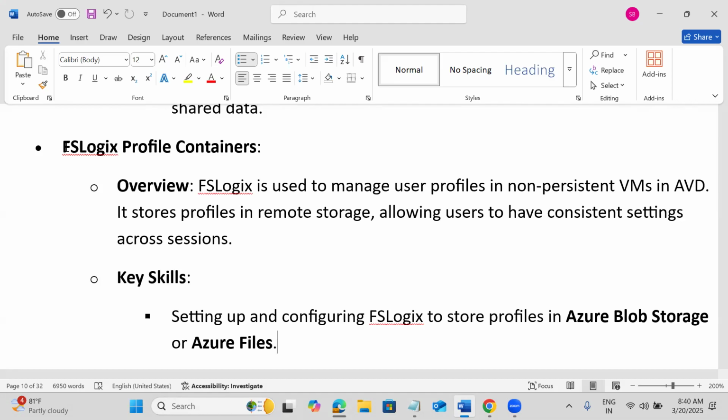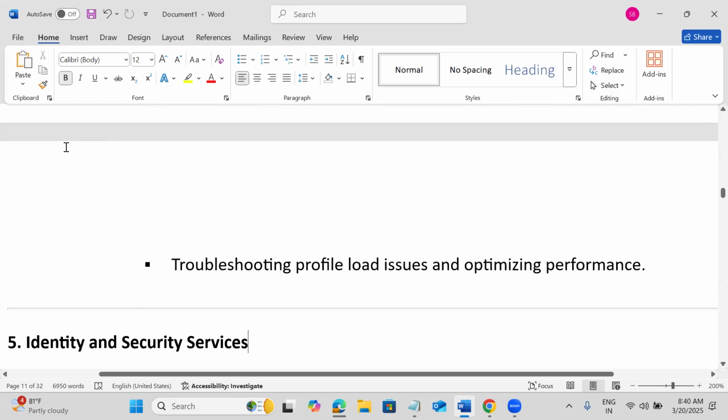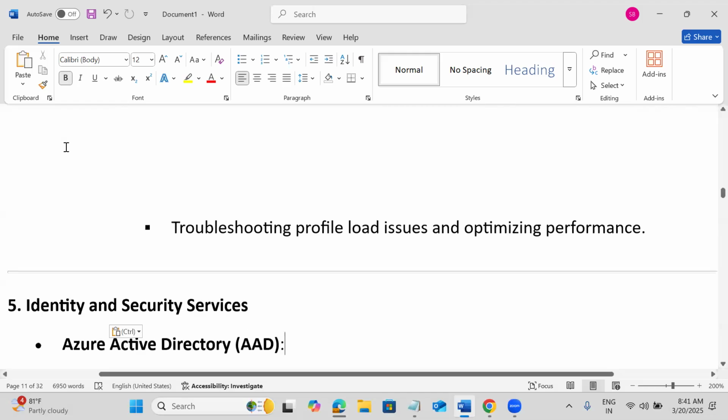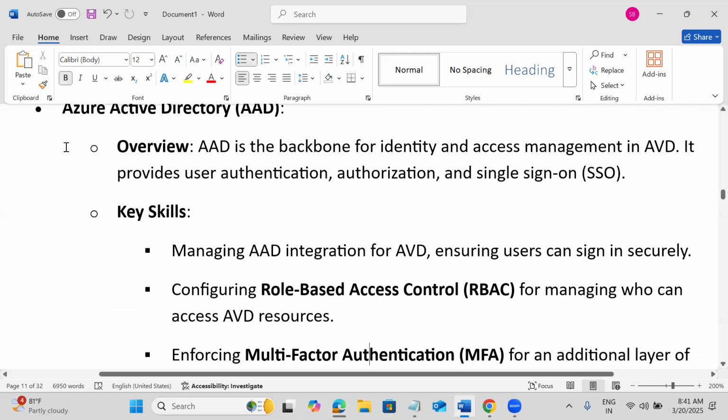But here, from the Azure perspective, we are going to learn and manage. For configuring all these, we need to manage any profile related issues, performance related issues, and localization kind of issues with the profile, and definitely we need to optimize our AVD performance also. For that we require good knowledge of FSLogix. And as we discussed, we need to give authentication and authorization for AVD. For that we also need to go for Azure Active Directory service.